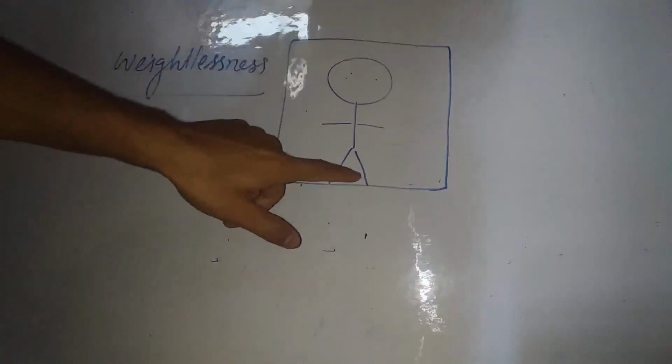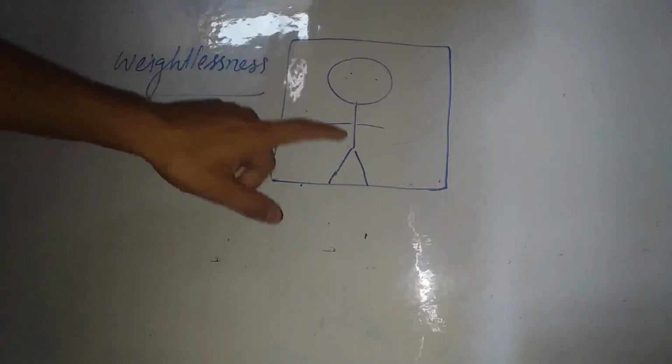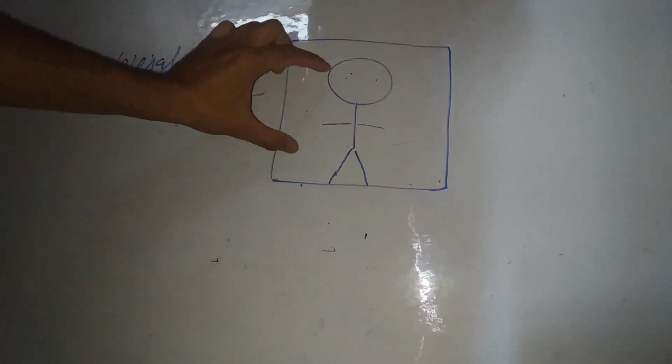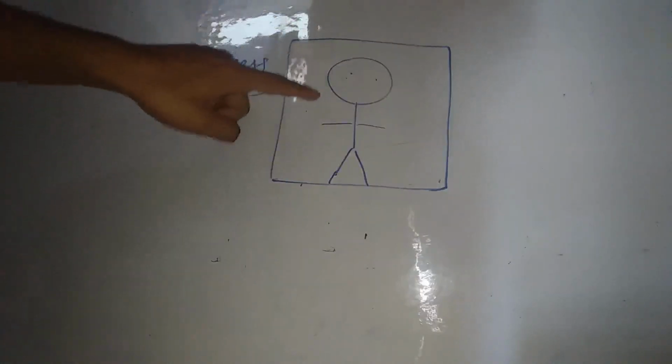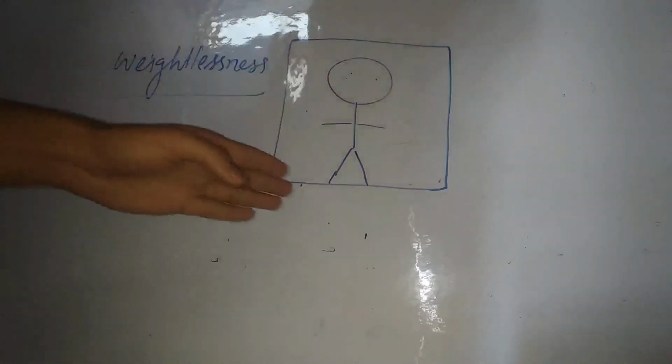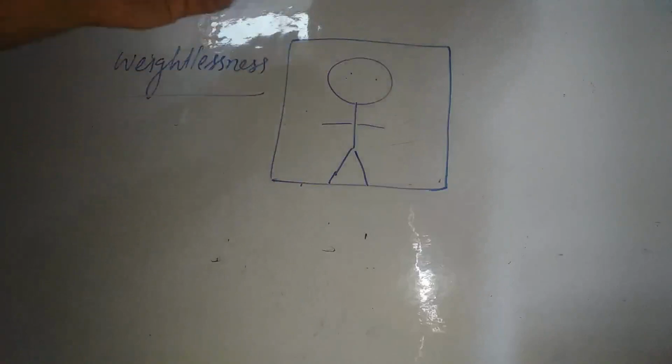Here is a weighing machine. Firstly, the weighing machine will show the weight of this object. But if we made this whole system, the man sitting in this lift, to fall freely,